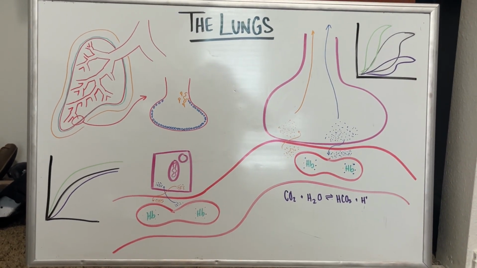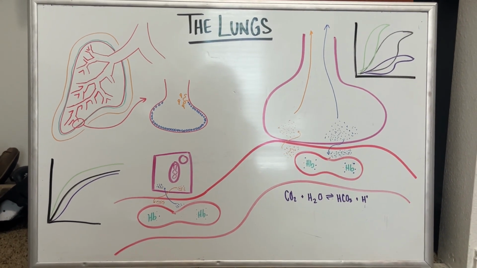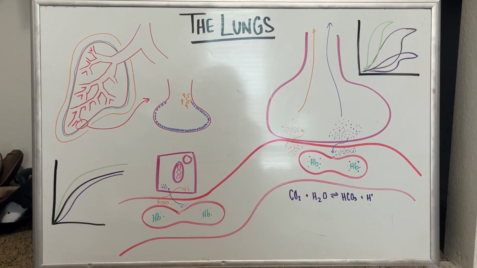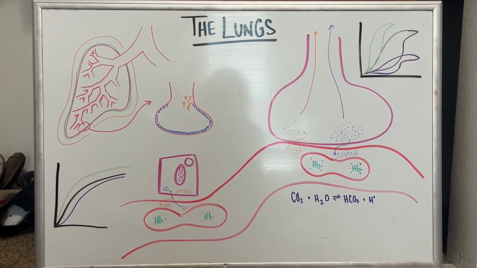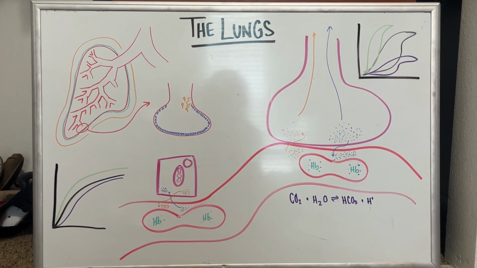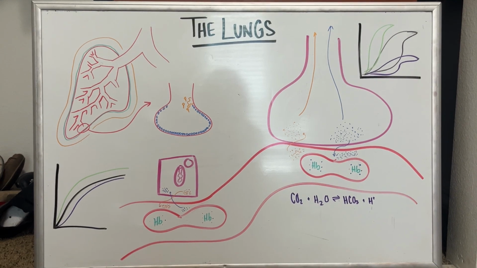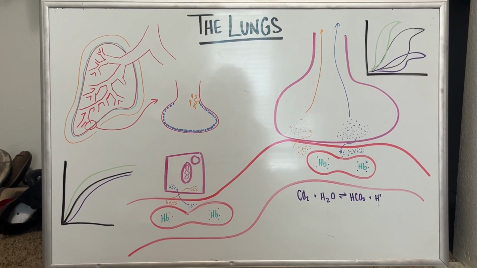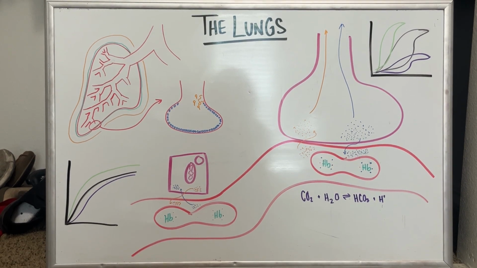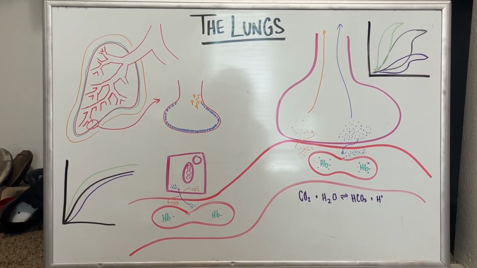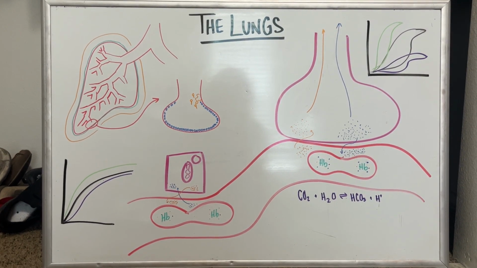So quiet expiration is a passive process resulting from the relaxation of the inspiration muscles. The diaphragm relaxes and returns to its dome shape. The external intercostals relax, allowing the rib cage to descend. The natural elasticity of the lung tissue causes it to recoil into a smaller resting position. This decrease in thoracic cavity volume increases alveolar pressure to slightly positive relative to atmospheric pressure, causing air to flow